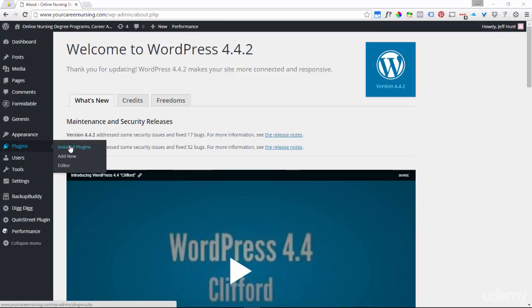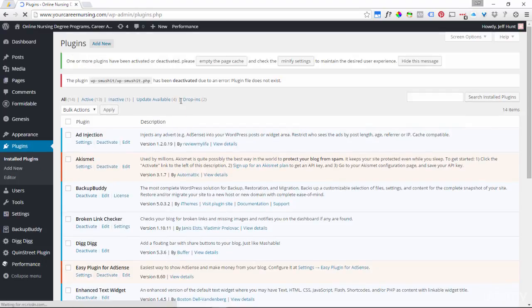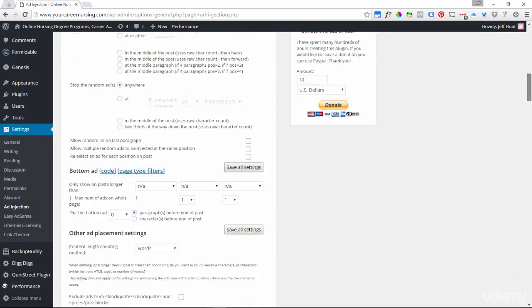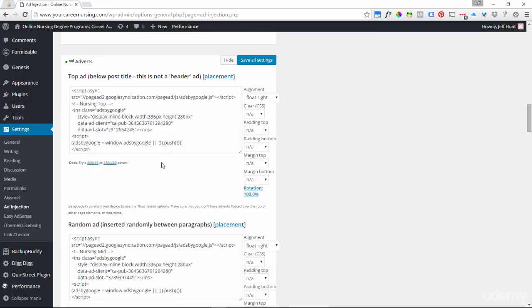So in this case, I actually have a plugin installed for use with AdSense, and on this site there are actually several of these installed because certain pages worked better with certain plugins. One of the plugins that I use most is called Ad Injection. And here is another plugin that I use in certain cases, Easy Plugin for AdSense. I usually only use Easy Plugin if Ad Injection isn't working for some reason or on all of the pages, which is rare. But we'll click on Settings under Ad Injection, and Ad Injection has just these big boxes